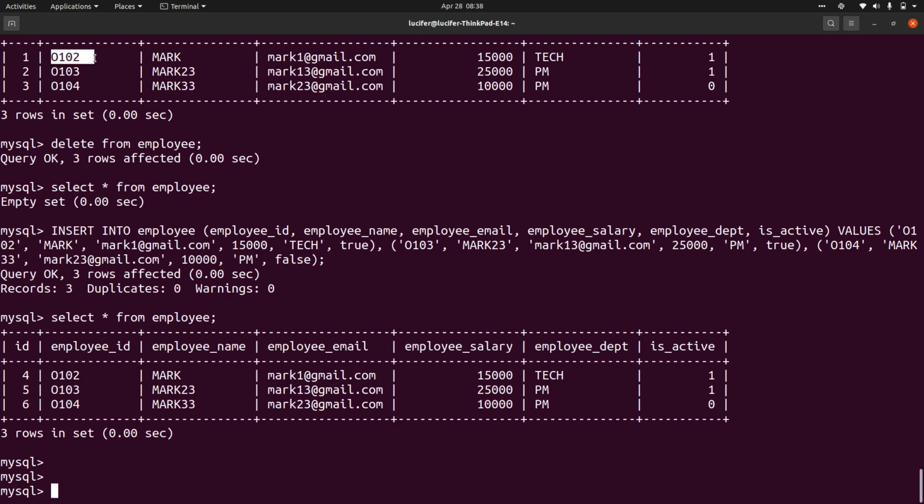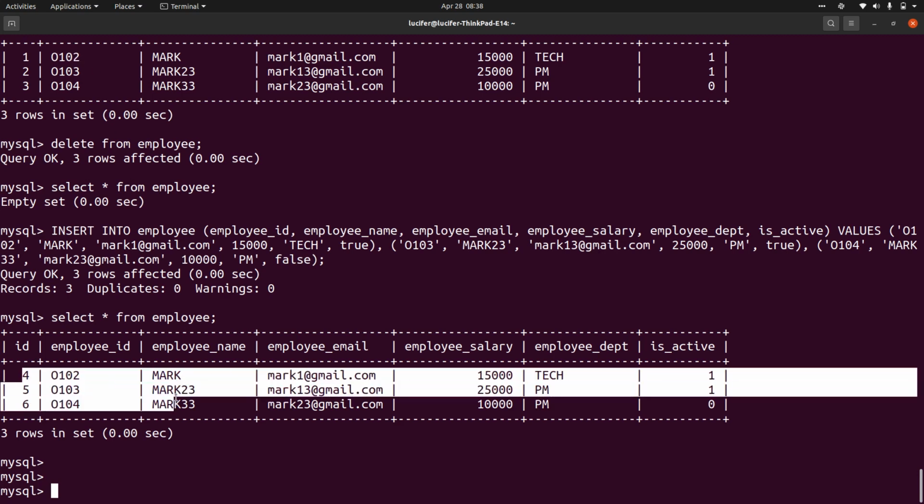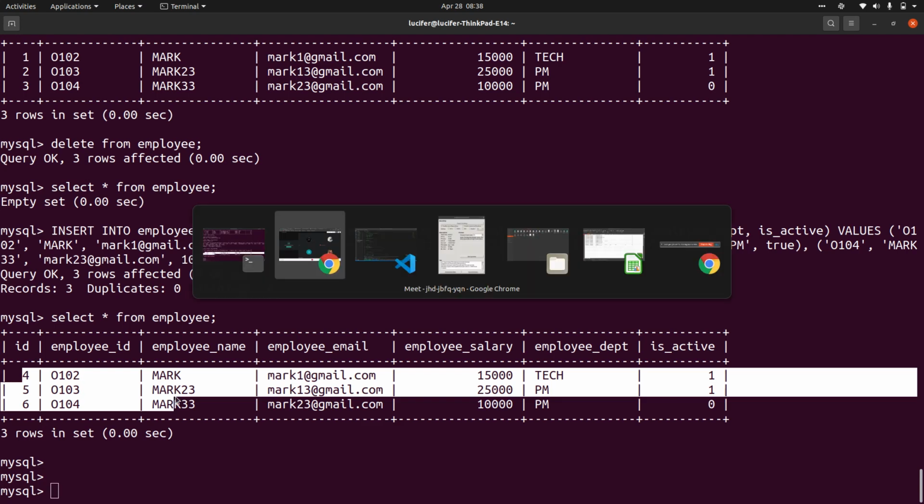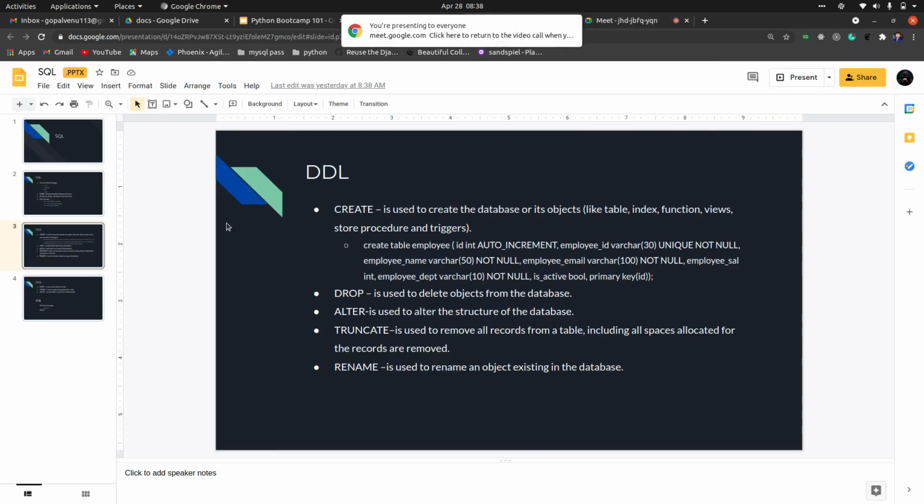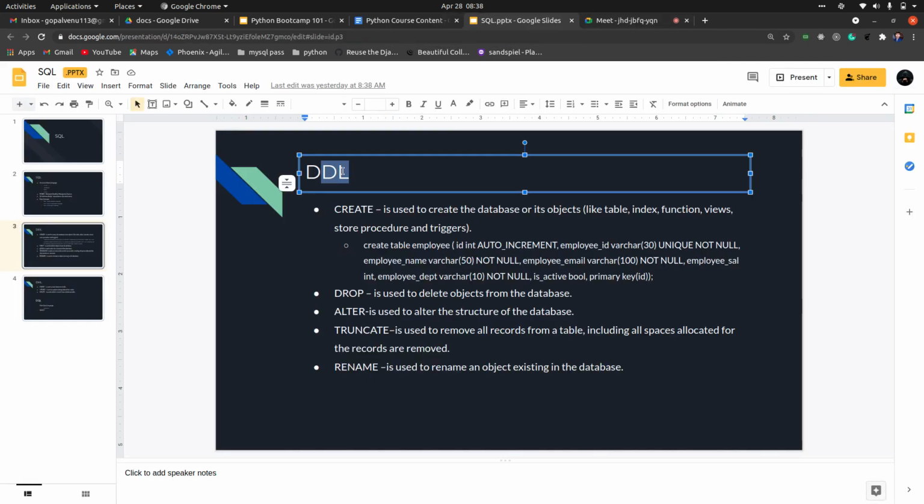Think about it as the number of rows. You can only delete the data inside the table, but drop is a different thing, right? Drop can completely remove the whole table itself. The table will not exist if you use drop. Got it? So that's why these are different commands.